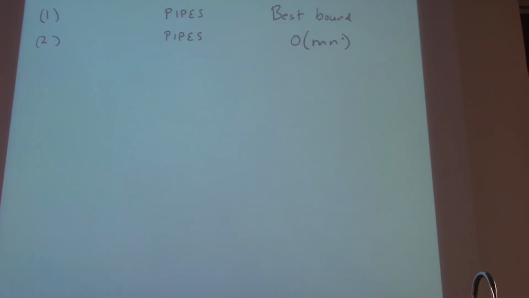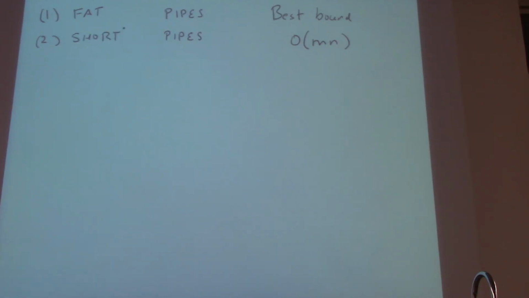If you're willing to be randomized, you can do a little better. If you just want the value of the flow, you can do a little better. But this is a pretty good bound. We're not going to get that bound today. But we are going to show you how to convert the Ford-Fulkerson algorithm into one that actually runs in polynomial time. We're going to do it in 2 different ways, using a greedy strategy in both cases, and they just have different greedy strategies. First one, we'll call fat pipes, which is your strategy. The second one, we'll call short pipes.